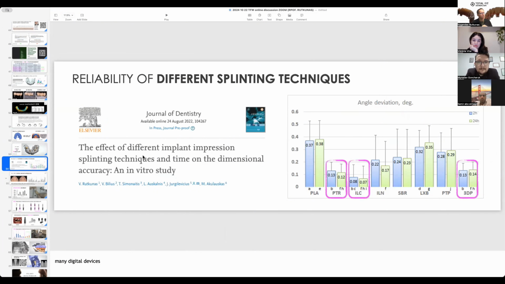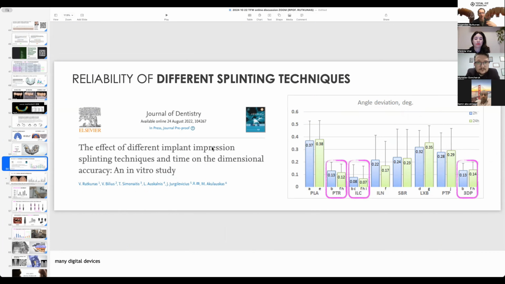This was the reason we published this paper on different splinting techniques and materials, because many clinicians still think that plaster is the most reliable material, but based on our study results, there are more reliable splinting techniques.